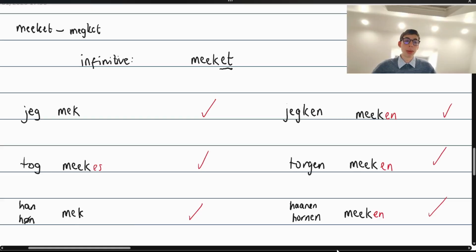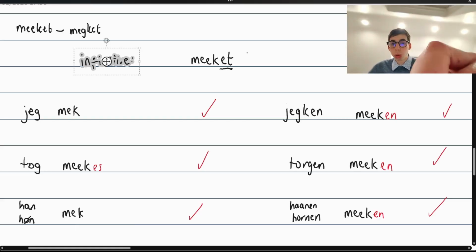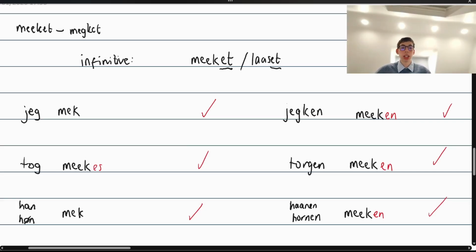laset, and we can do the same thing for laset. So I'm just going to write it next to it. I don't see why I have to rub everything out. So laset, that's to read. Ye las. Toi lases. Han las. And then the yeken, toyen, hanen, hornen, it's all going to be